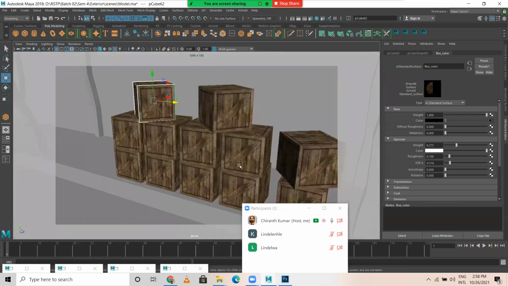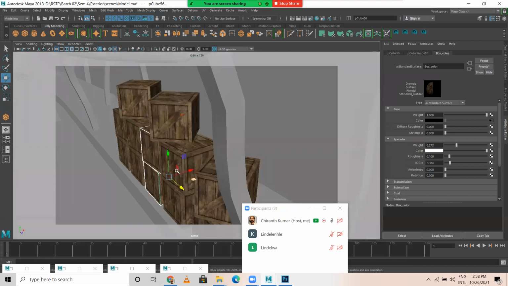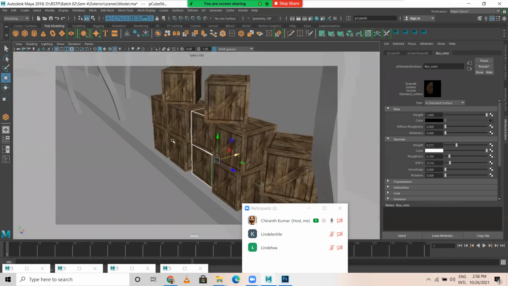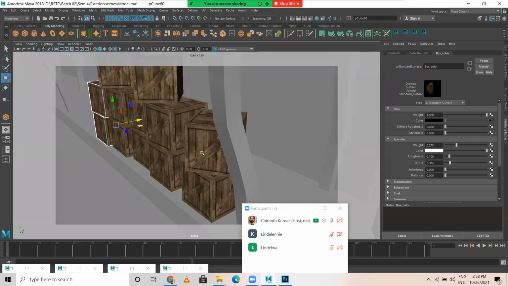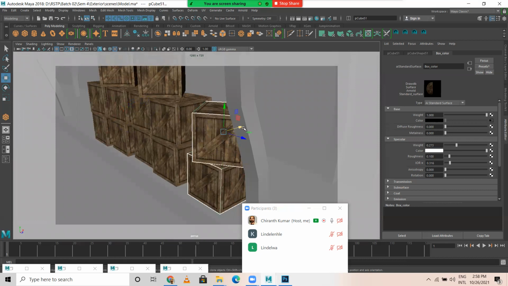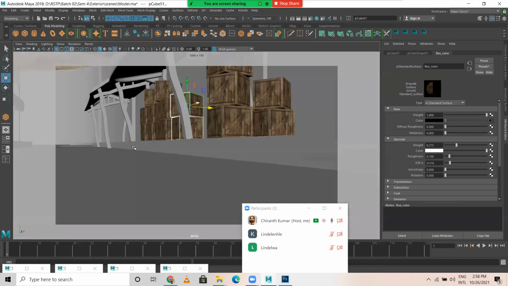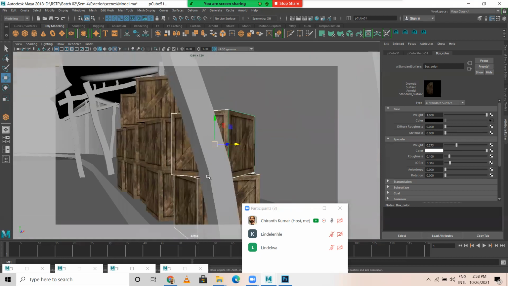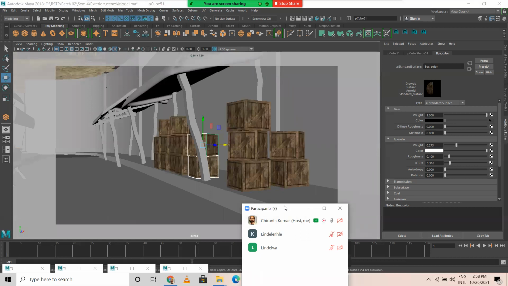So I just want to create a bit of uneven area. I don't want a uniform shape. Okay. Something like this. It should be random. Okay. So now,